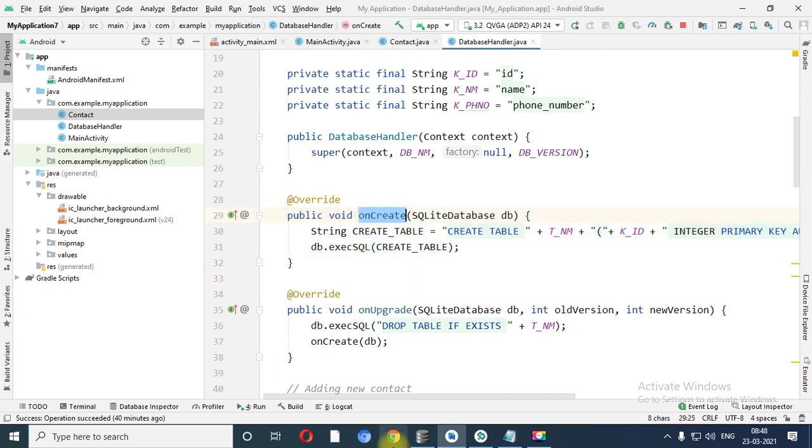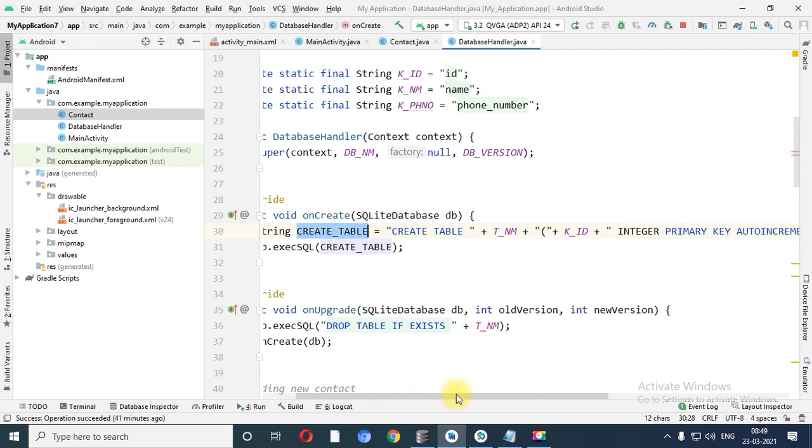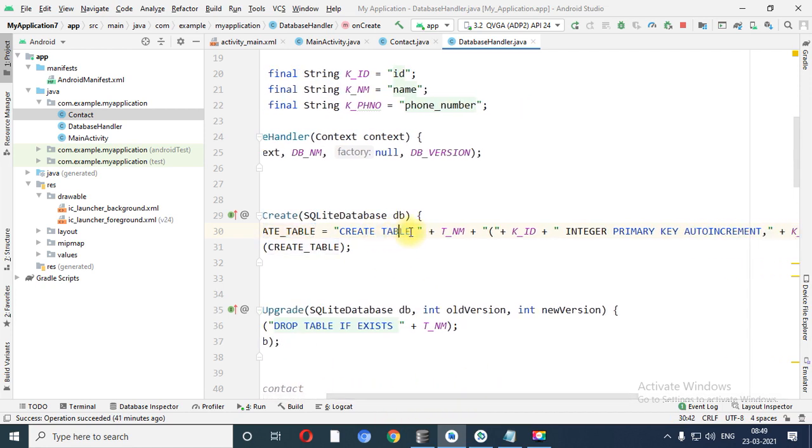So in the onCreate method, SQLite database db, right? So string create table, this is a variable, create table, and the create table query you need to know over here, otherwise you are not able to write the program properly. See, after create table there is one space. Why?